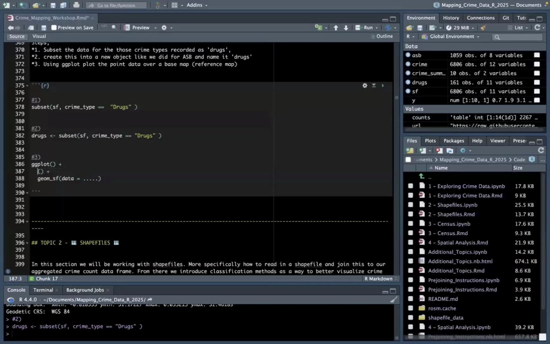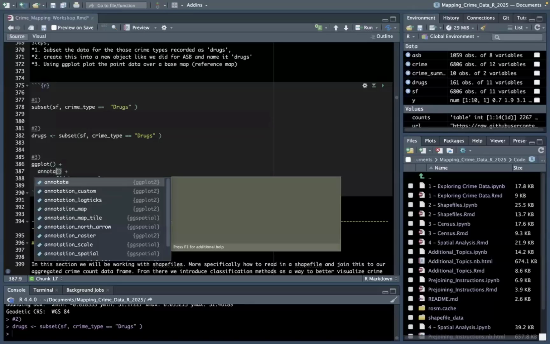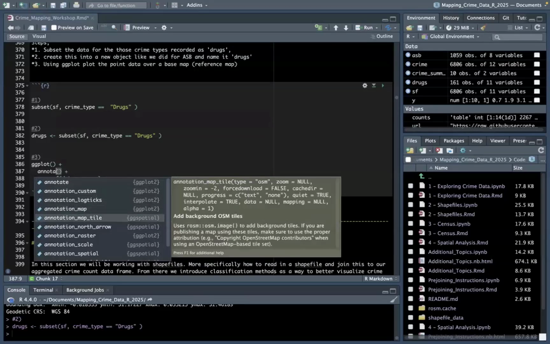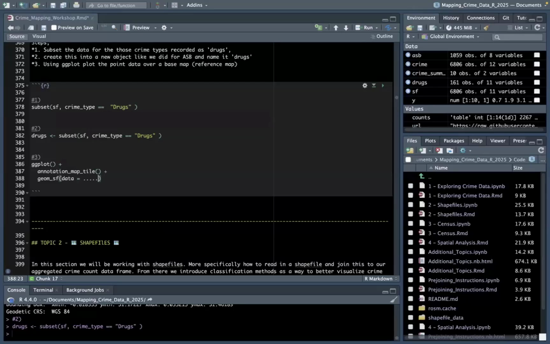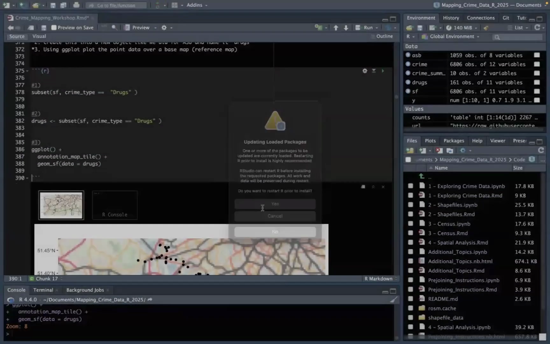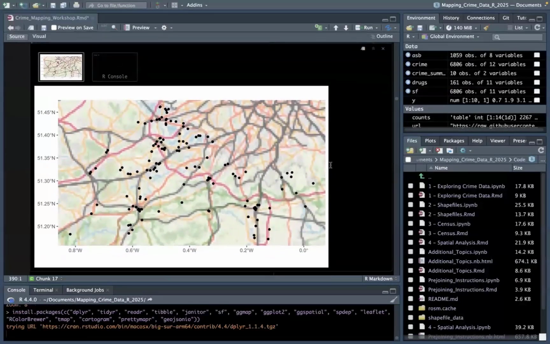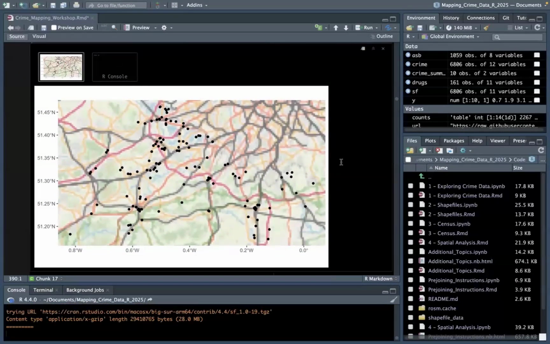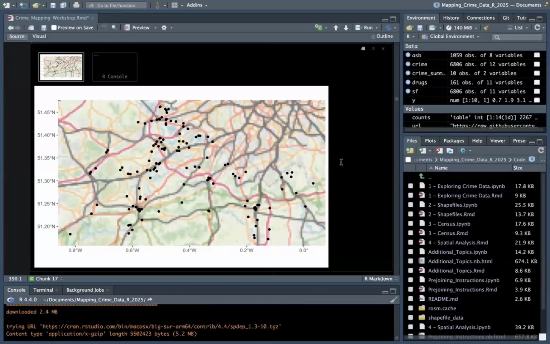So just to recap, the function to do this is our annotation map tiles. And then you need to call on the new object that we've created, which is called, if I can spell it, drugs. And yeah, now we have this new map that shows our counts of drug reported crimes in the area of